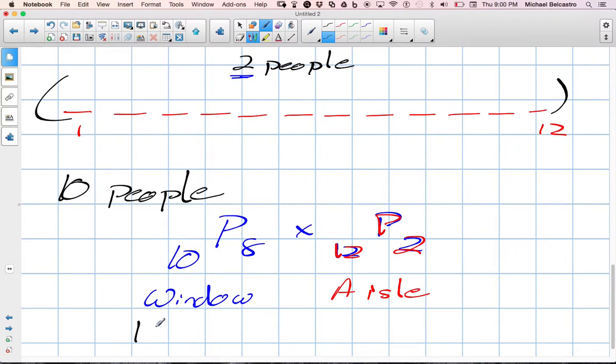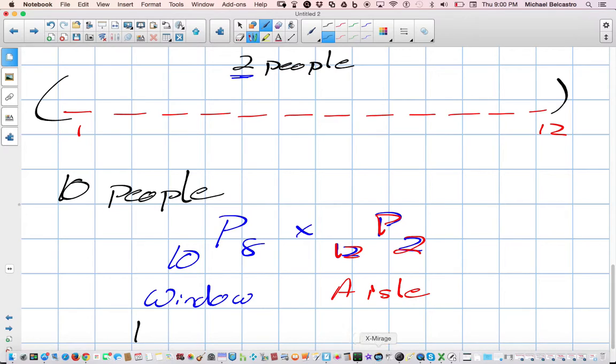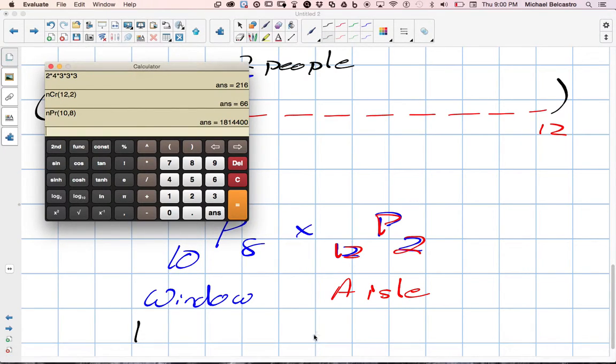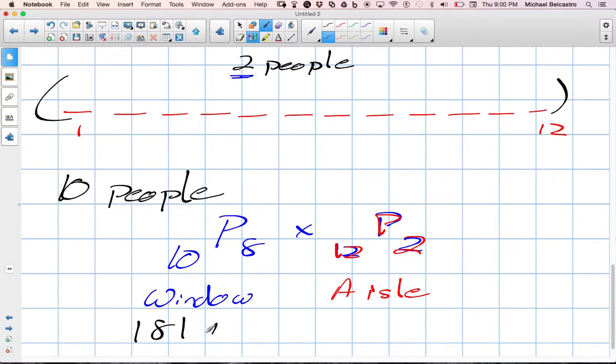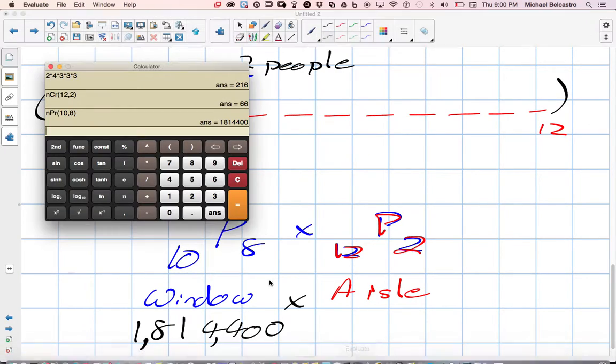So that is 1,814,400 different ways, times our aisle seats, which is 12P2,